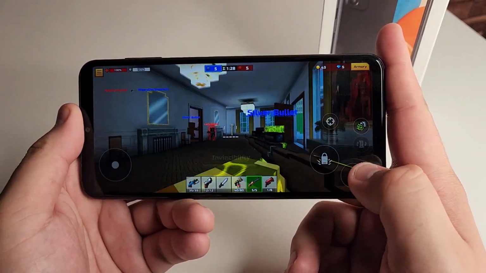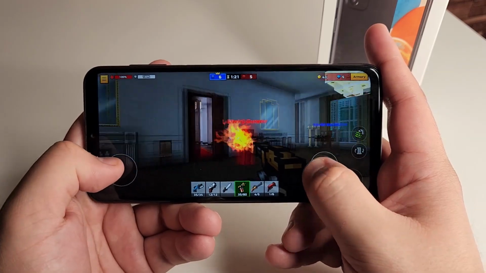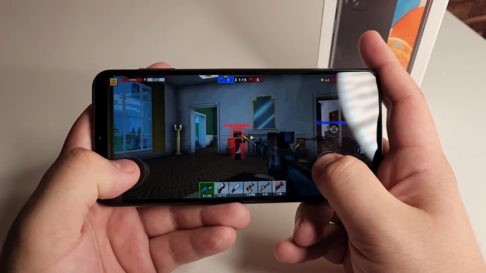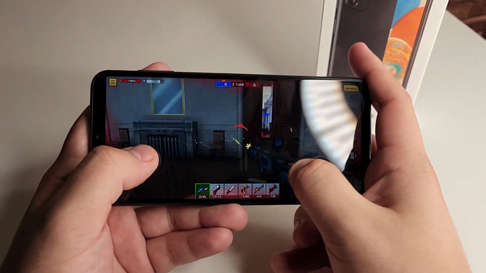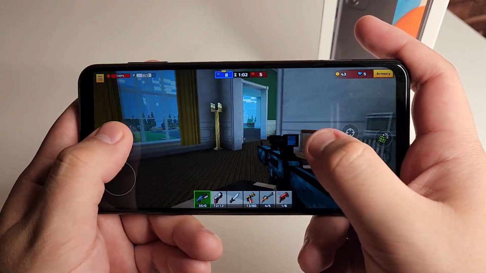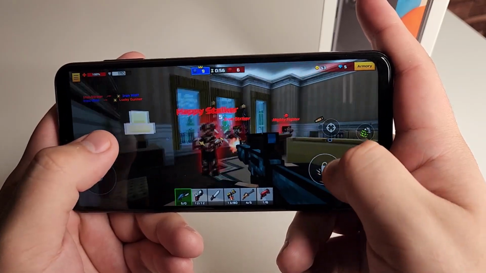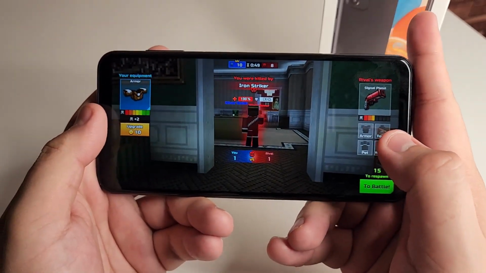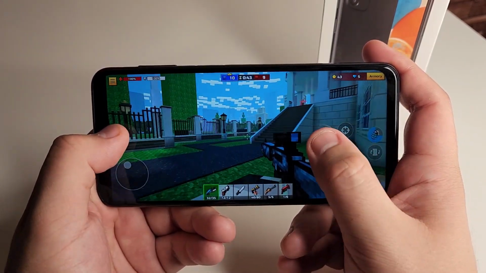So obviously this game runs perfectly. We're going to play it for a little bit more. Then we're going to go ahead and switch the games. Got our little assist right there. So this game runs perfectly fine at 60 frames per second, and I don't really have any heating issues yet,